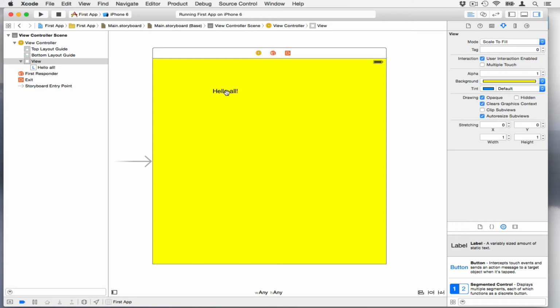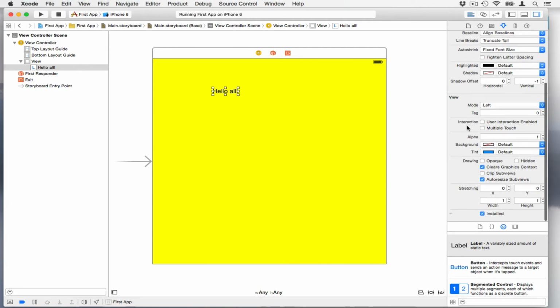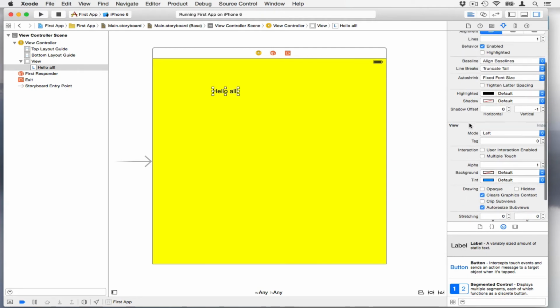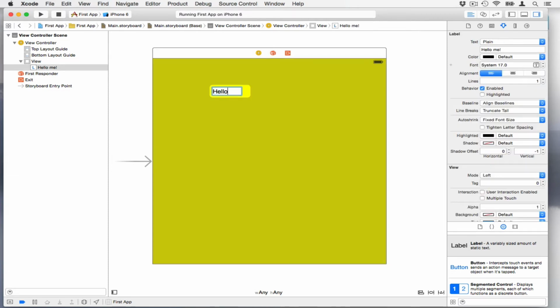Now this label is also a view. It's a specific kind of view. It's a special view. That's why those view options we had a few seconds ago now get put a little bit lower in the utilities pane. The first part you see are settings that are specific to our label, such as the text. You can change it here as well. Hello me, for instance, changes here as well. You also see something interesting. If I change it here, the text doesn't really fit anymore, and I have to use this thing over here to change the size. Whereas when I change it here, hello everybody,